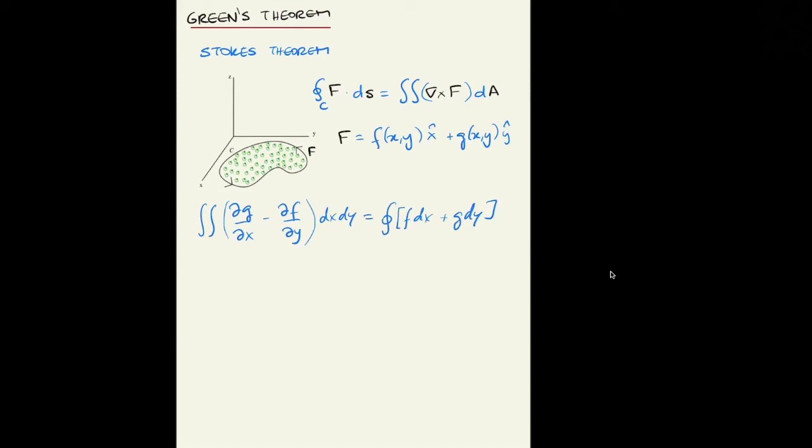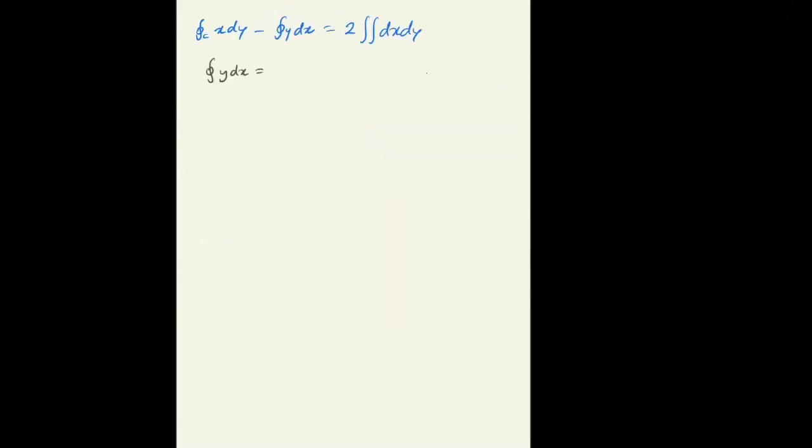Now for the particular case that we have the function f being minus y, and g being equal to x, this becomes the line integral of x dy minus y dx is equal to twice the area. You can see that the closed integral of y dx is equal to minus the closed integral of x dy